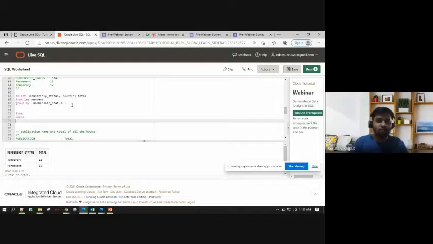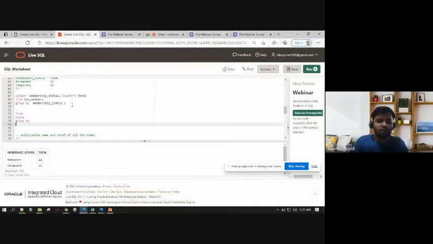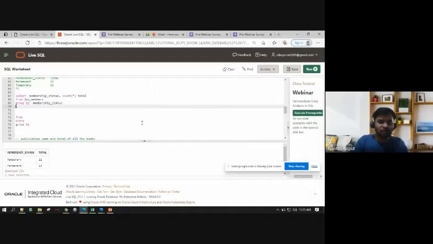Then you have group by expressions, which help you group the result set. Once you do a group by, you might want to filter on the group by. For example, here I want to display only rows that are greater than or equal to 13, so I don't want temporary as an output. To do that, you have something called the having clause.